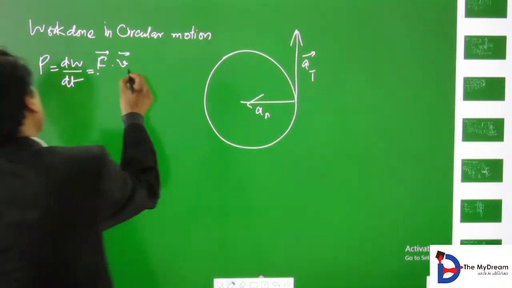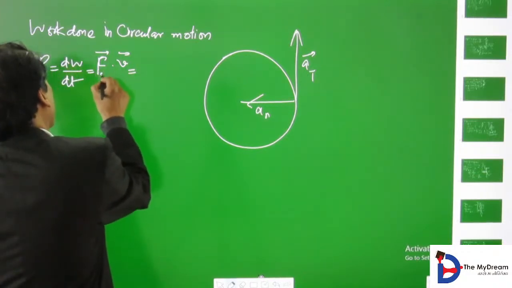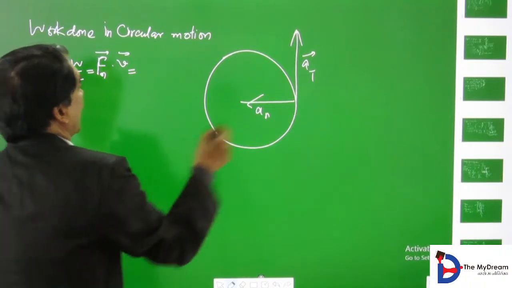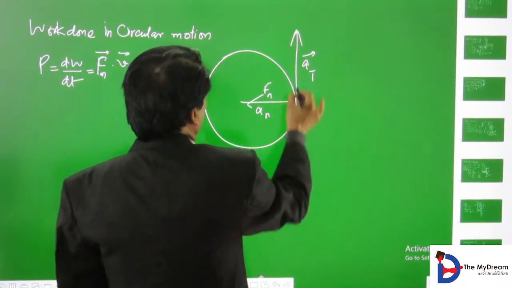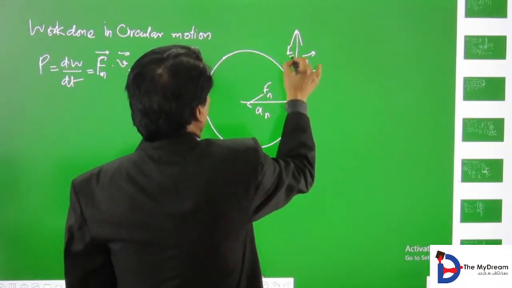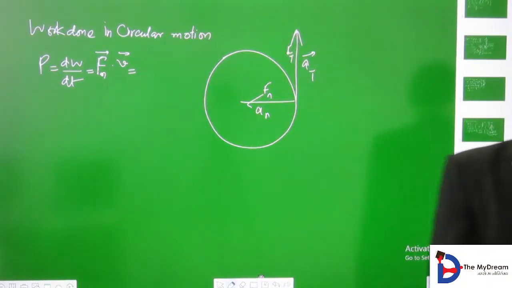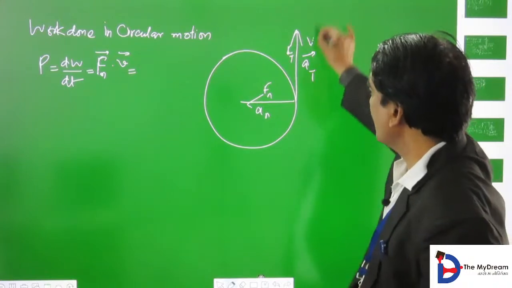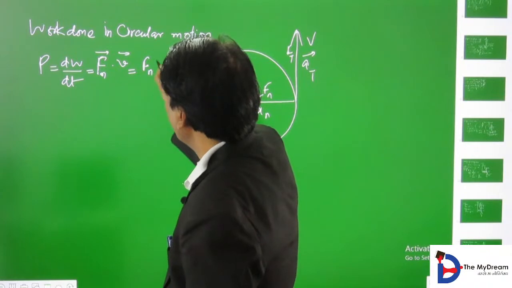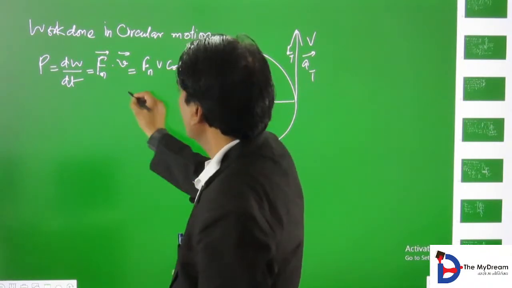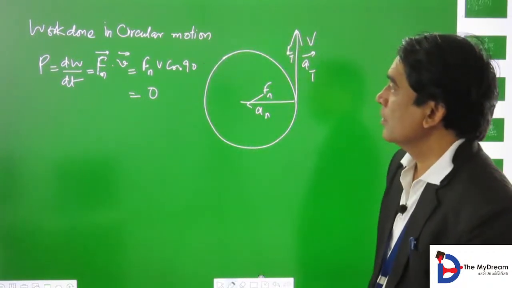As you replace the force, और ये कौन सी फोर्स है, normal force, and the normal force makes an angle 90 degree with this velocity. So Fn v cos 90, cos 90 is 0, ठीक है।